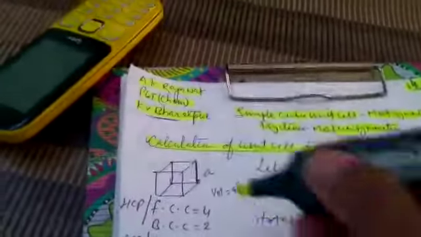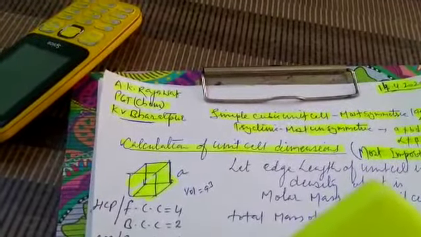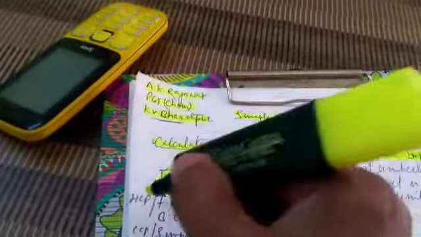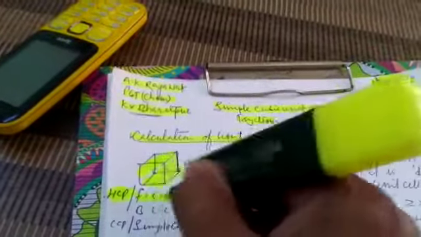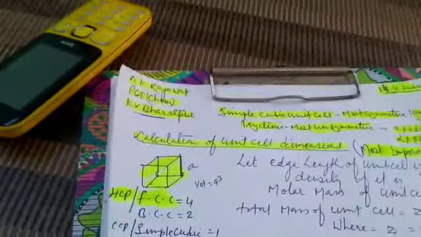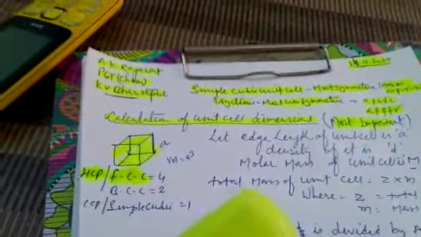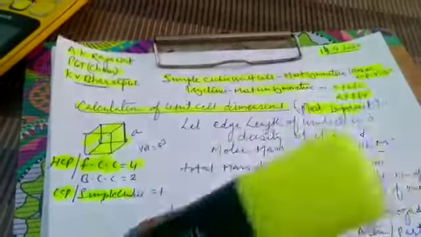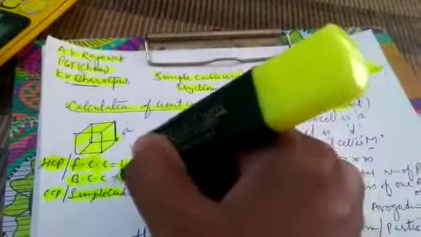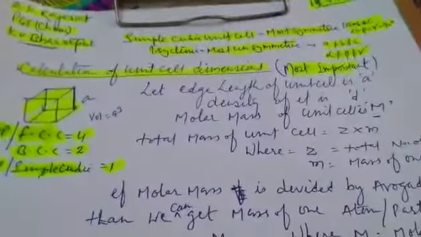Now see this diagram which explains a cubic unit cell. You must know that if you see the word CCP anywhere, it means that we are talking about FCC, the face centered unit cell. You know very well that the face centered unit cell contains 4 particles, BCC, the body centered unit cell, contains 2 particles, and the simple cubic unit cell contains only 1 particle as a whole.